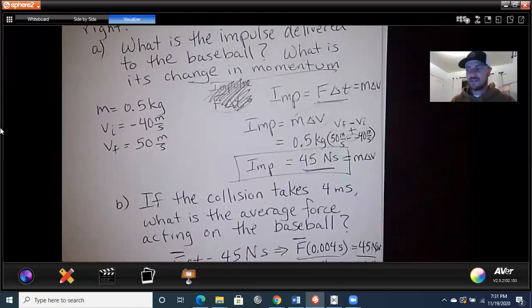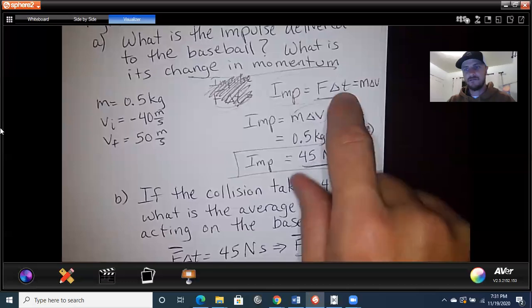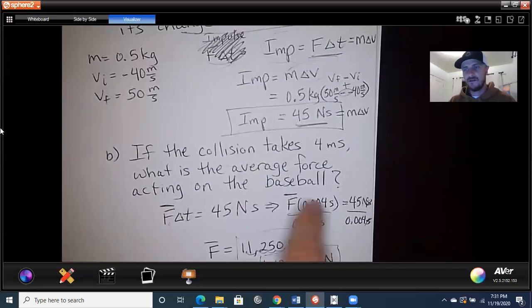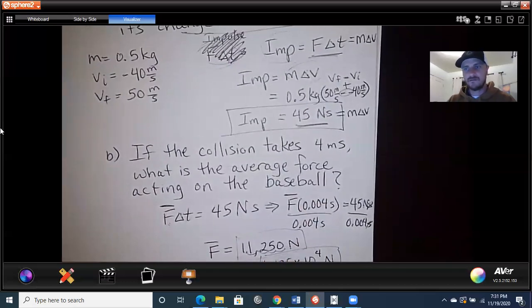And now we have physics that actually helps us understand and calculate quantities that are associated with collisions, which is pretty neat because there are a lot of collisions out there. You might be talking about a bowling ball hitting pins, a car hitting a car, right? In everyday life, there are always collisions.